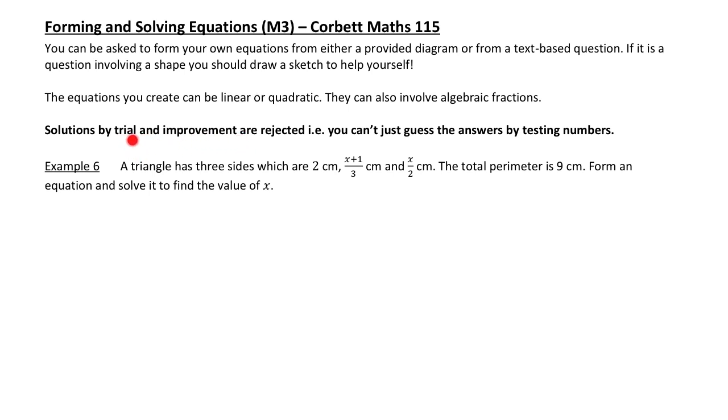Trial and improvement is basically where you make a guess, and you see how that works, and then you try a better guess and keep going. Those, we can't really do that. You can't just guess the answers by testing numbers. So this example,